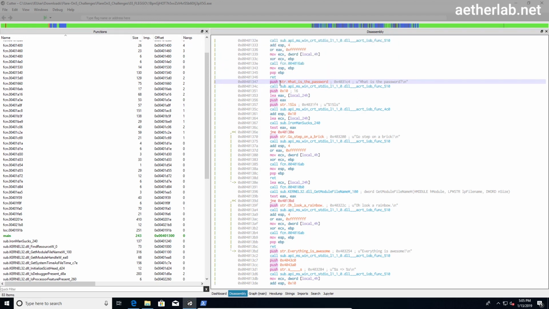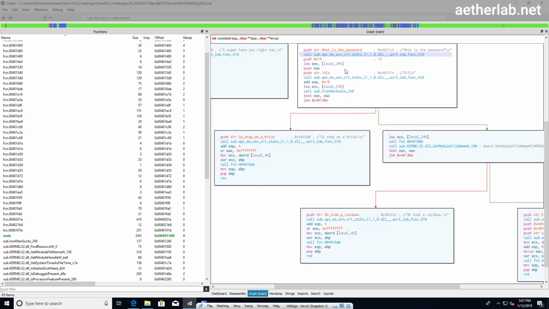And as you can see, it pushes the string on the stack and then calls this function, which is probably the function which is actually going to print the string on the terminal. If we go to the graph view, then we get a better look. So here we write the question, and then something happens, then the Iron Man sucks function is going to be called,